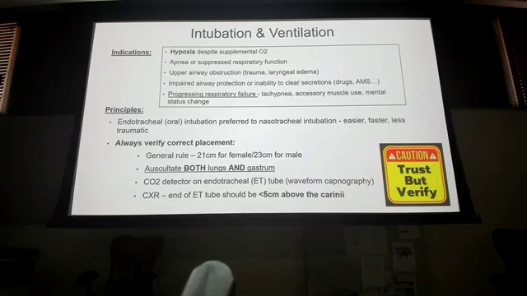Impaired airway protection, right? Inability to clear secretions. They're so high, so drunk, right? We hear stories about people that are drunk. They pass out, vomit, and what happens? Aspirated. They can't clear it anymore, so you have to protect their airway. And it goes down, they aspirate into the lungs. Progressive respiratory failure. Again, we're trying to prevent failure. What comes before that? Stress. So if they're progressing and they're not responding to our interventions, we need to be aggressive and consider taking that airway and doing an intubation.